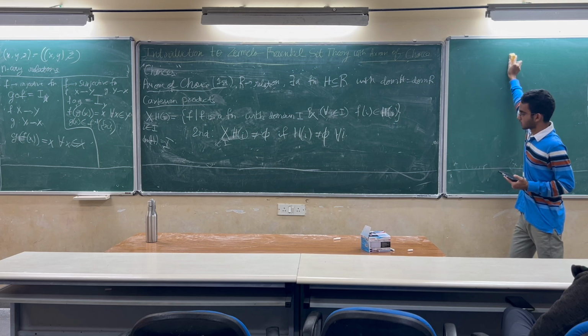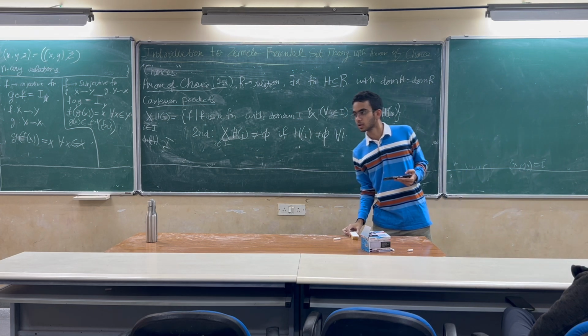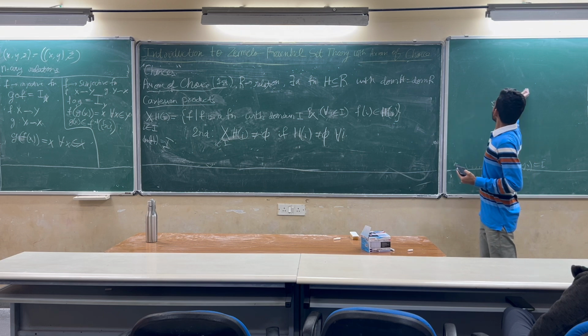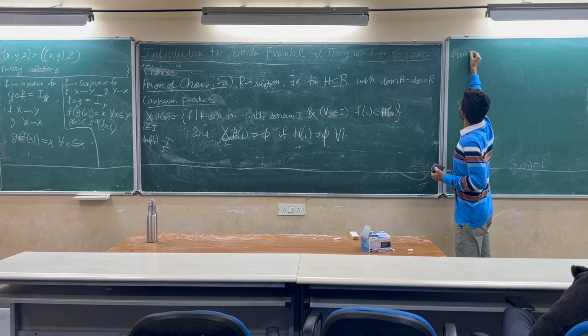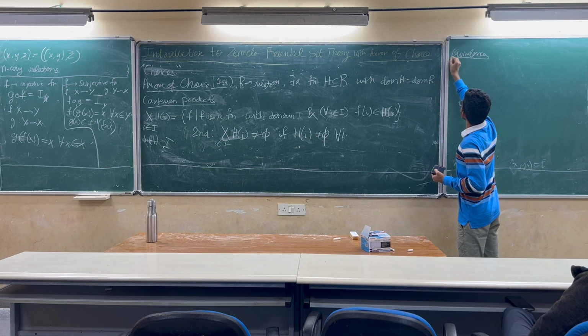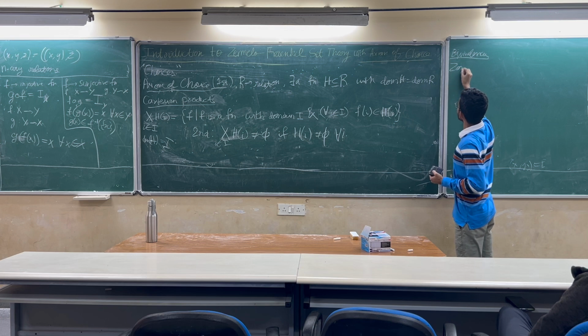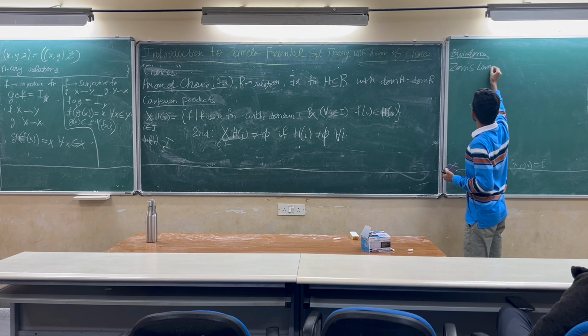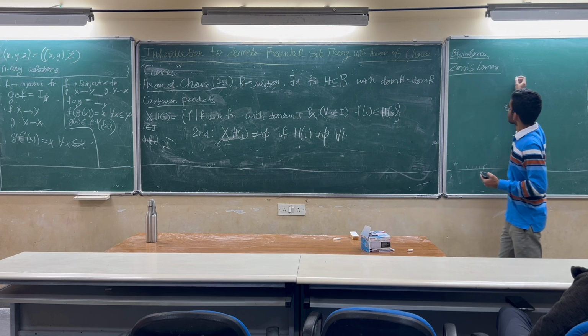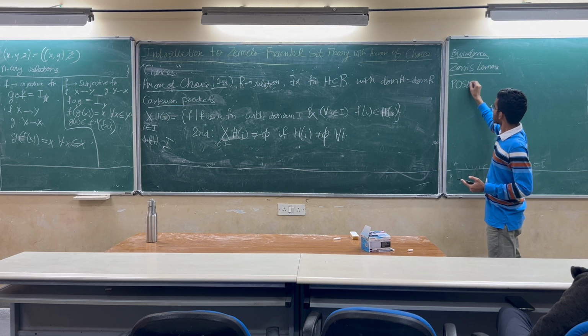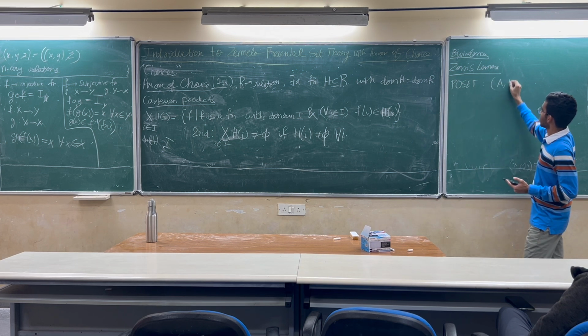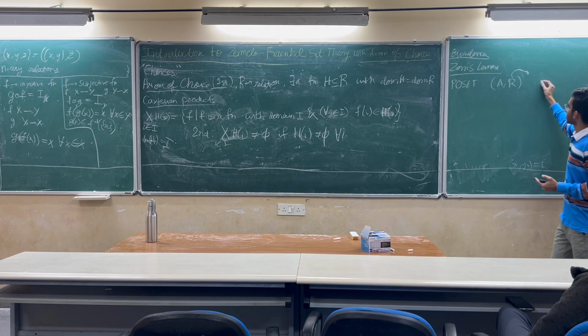And surprisingly, this axiom has a large number of equivalent formulations. There are many surprising ones. The most important one is called Zorn's lemma. So Zorn's lemma basically tells us that if you have a partially ordered set, so what is a partially ordered set? It is just the set with a relation R, where this relation satisfies three properties. It is reflexive, antisymmetric,